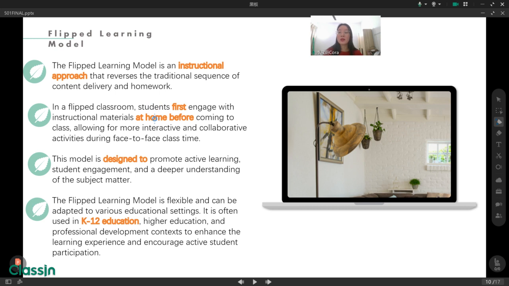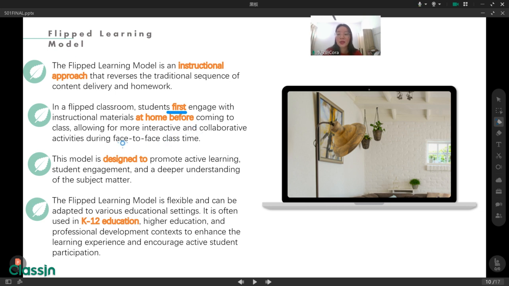About the sequence in the flipped classroom, the first thing students do is engage with instructional materials at home. Remember, at home before coming to the class. That means they have to prepare by looking at the material and looking for other related materials relating to the course.